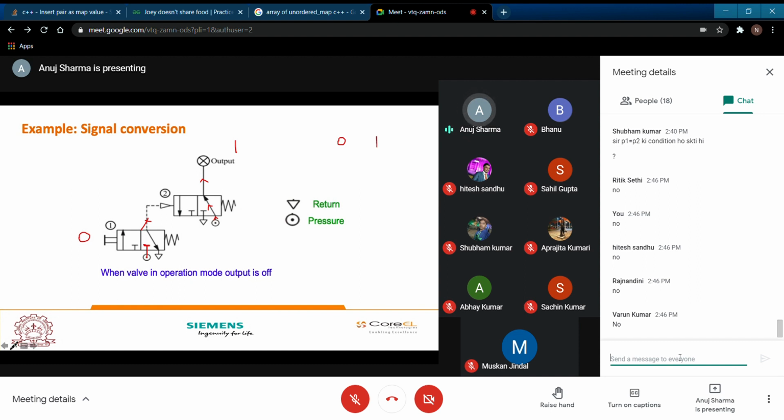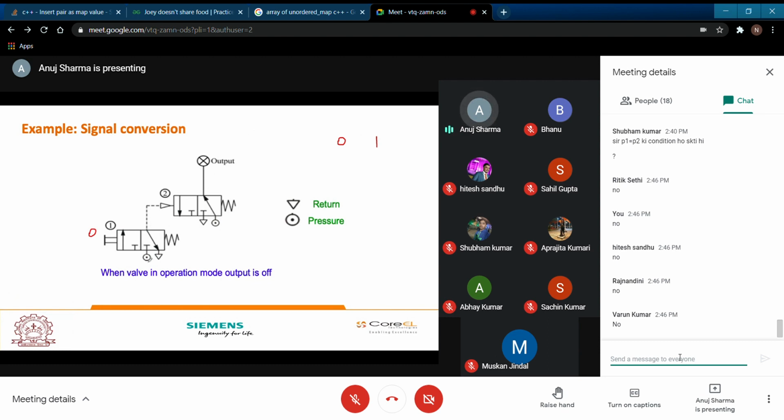Again I am going to repeat this, so have a very cautious look and please focus on this particular example, because we need to interpret these diagrams. For factory automation it is very important that you interpret each and every diagram. Let me use this pen. If there is a 0 condition, this switch is not pressed, so this position is not going to be switched. If the position is not switched, this box is going to be in action.